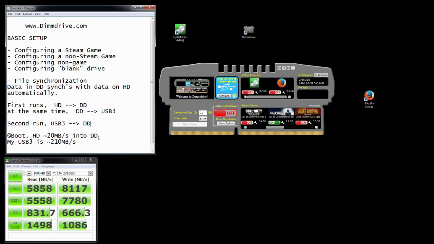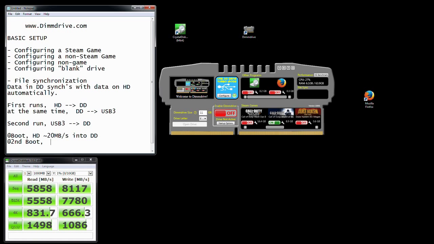So imagine when your computer first boots up. When you first boot up, you'll get 20 megabytes per second into Dimmdrive. Now imagine the second boot, it's going to go USB 3,